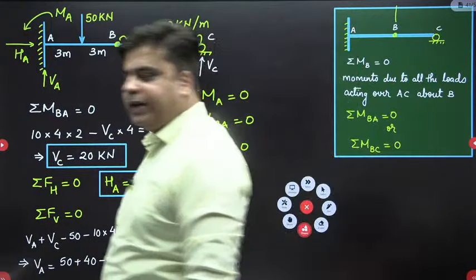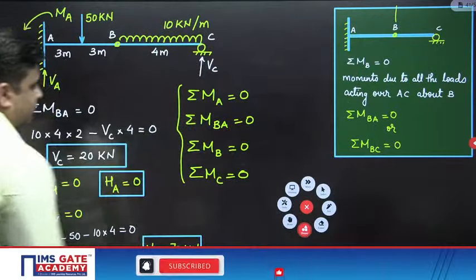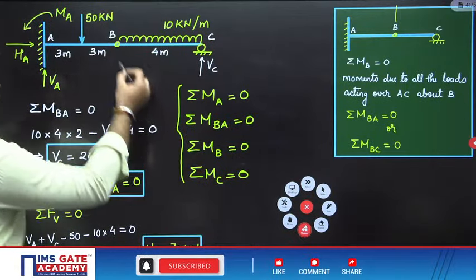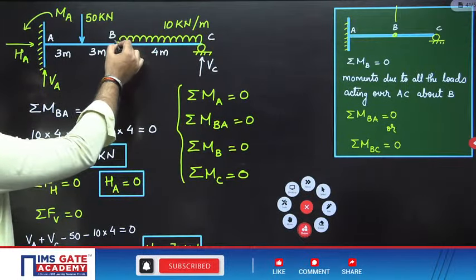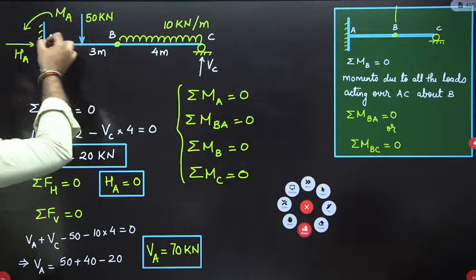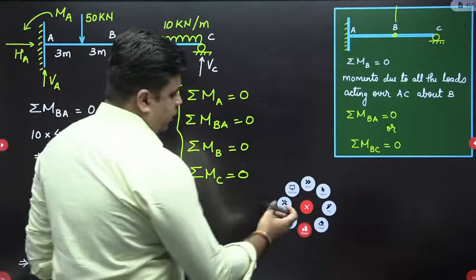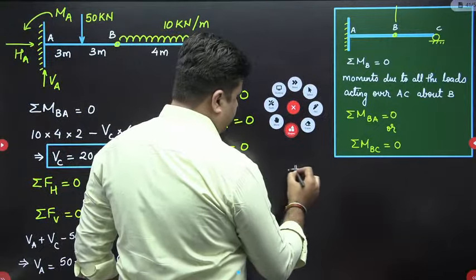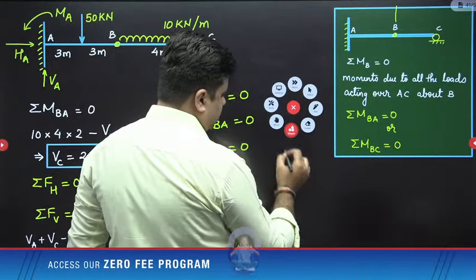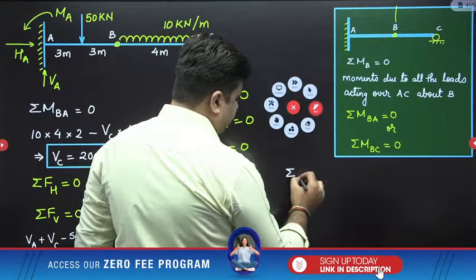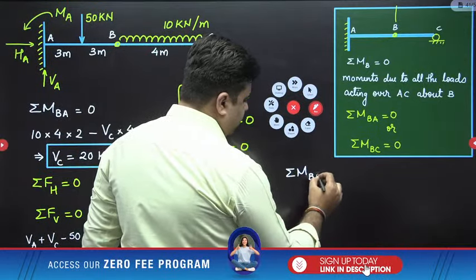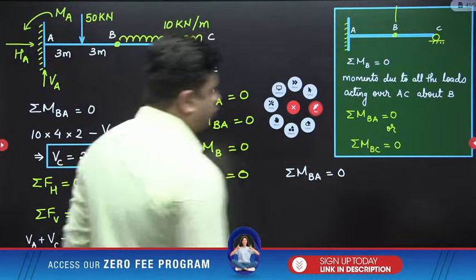Which equation? Second equation. Yeah, very good answer. Second, MBA. So you need to stand at this point B and you have to only observe this left side of the beam. So when you write down summation of moment about B on portion BA equal to 0,